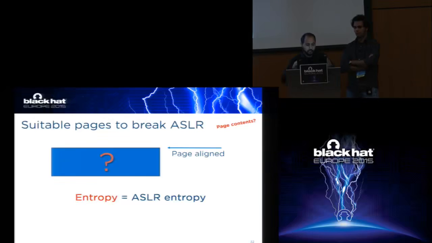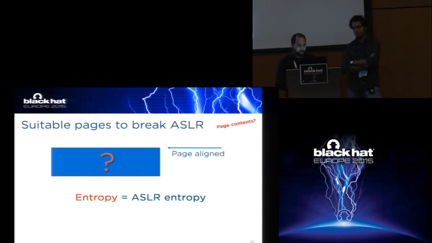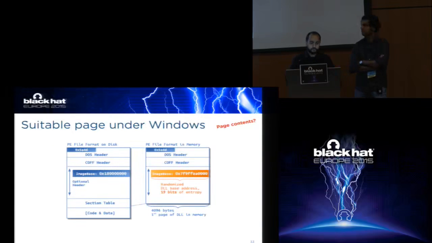Now, when we find these pages, and if we can show that this page exists in a co-located VM, we can infer the randomized base address. And this is what we were looking for. So it looks like it's maybe difficult to find in the beginning, but it was quite interesting.